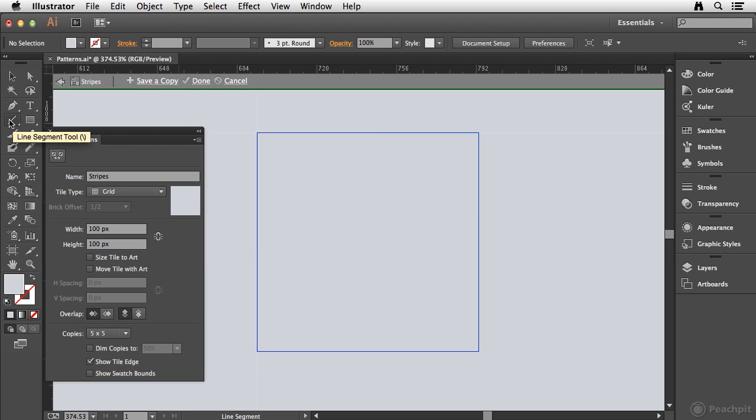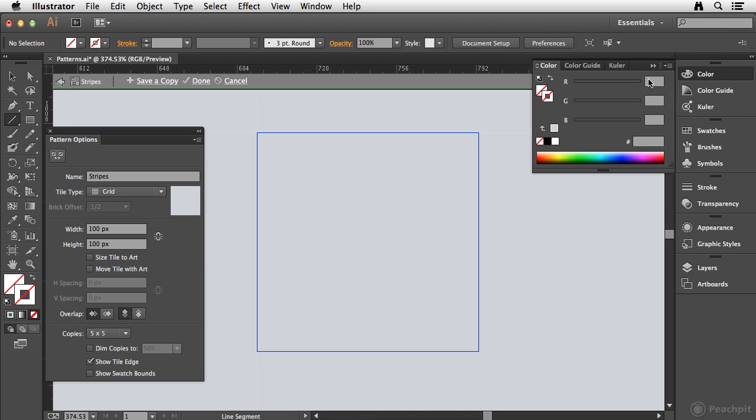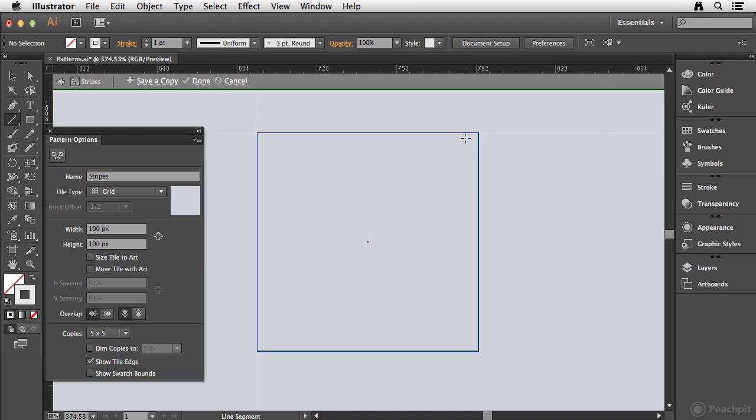I'm going to grab my line segment tool, change my fill to none, and for my stroke, I'm just going to go into the color panel and set the RGB values to 230. There we go. The reason we're working in RGB is because I'm comping up a web page, and there's a good chance I'm going to reuse this to create artwork for the web, which would be in the RGB color mode. So I'm going to use my line segment tool,